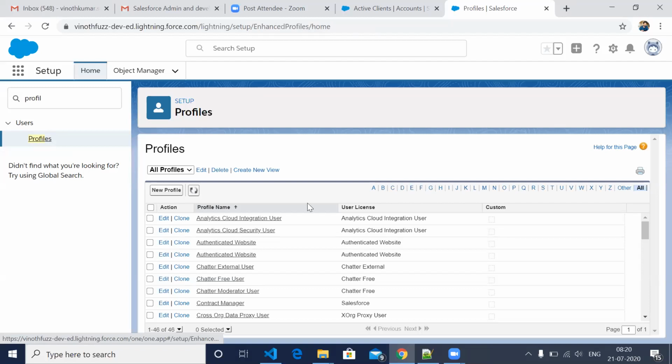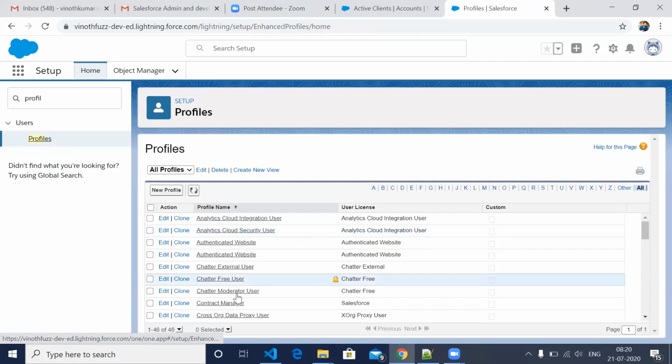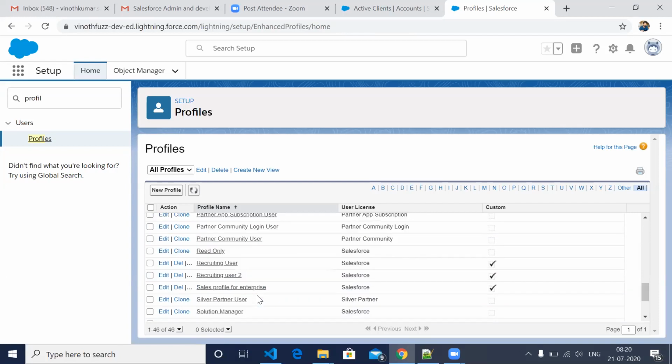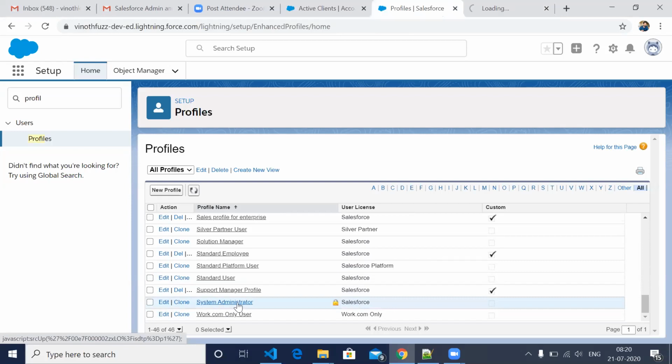Okay, so we have lots of profiles. Currently you are at the system administrator profile. So this is our profile. If you open this one,